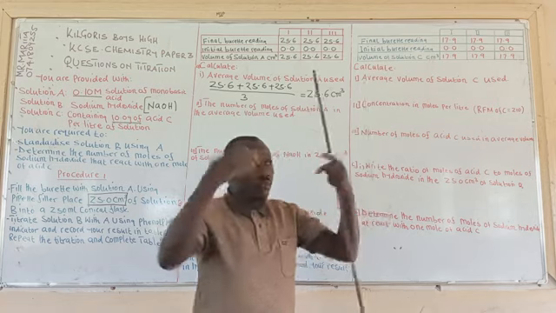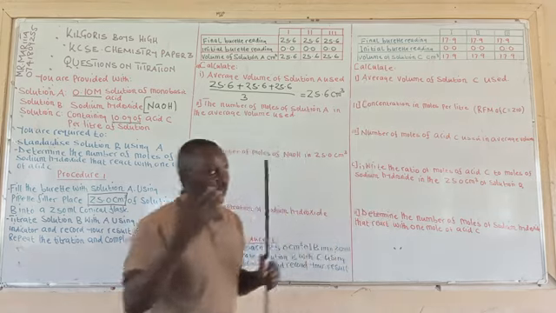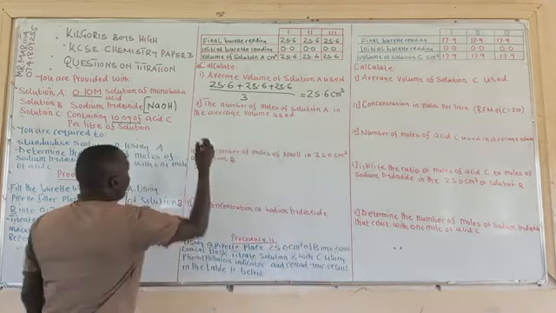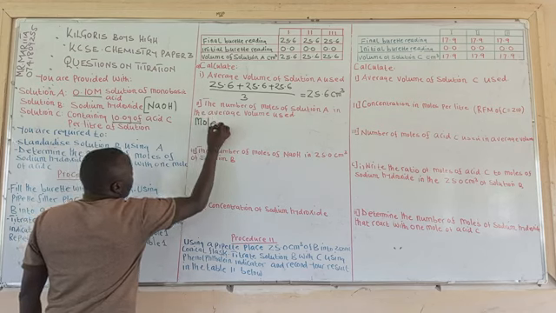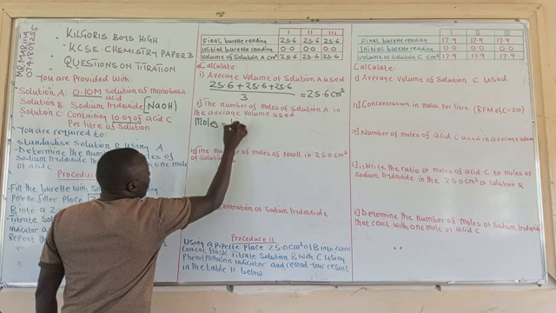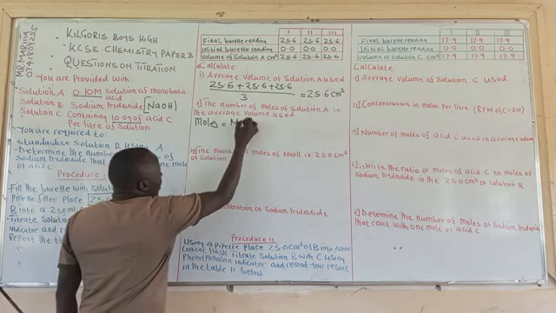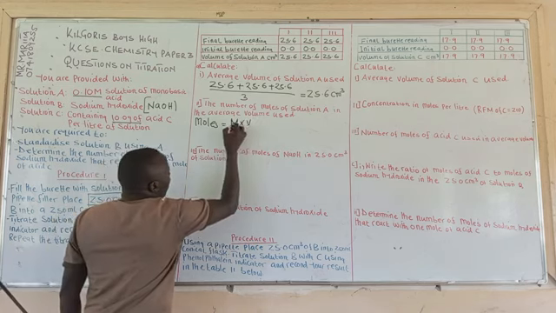So recalling the formula for finding the number of moles, we have moles equals the concentration times the volume, and then you divide